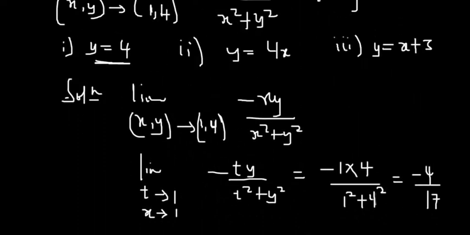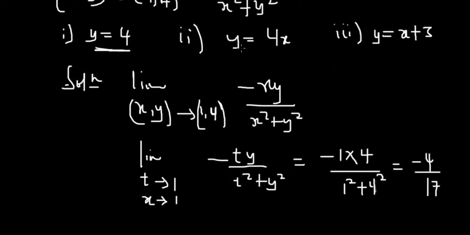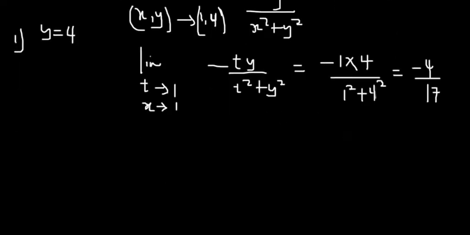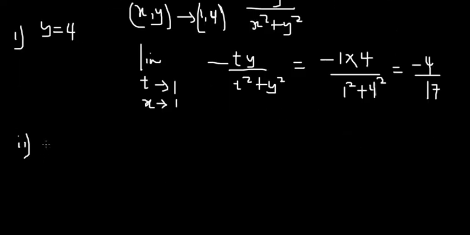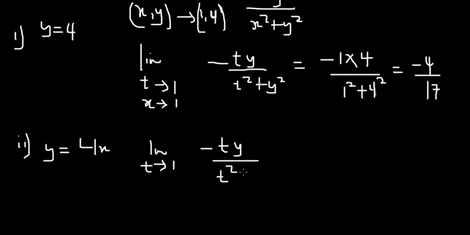So let's take the second example. We have y equals 4x. Let's look at I. So I is y equals 4x, and the same principle applies. We have the limit as t approaches 1 of minus t y divided by t squared plus y squared. So from here we have y being 4x, and then we already know that